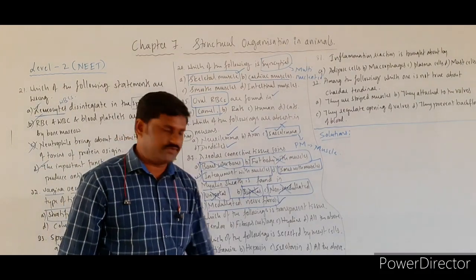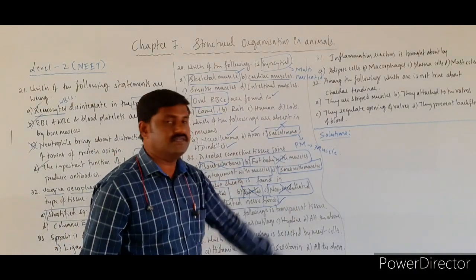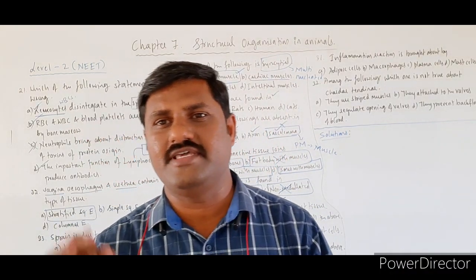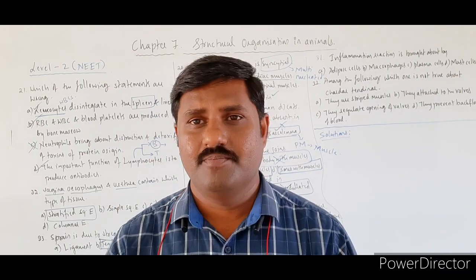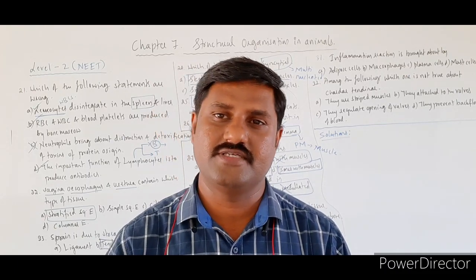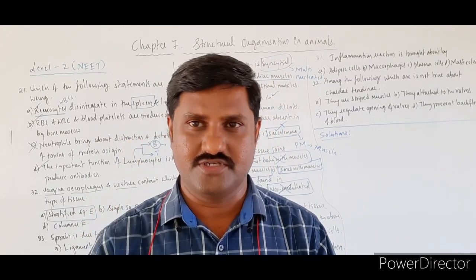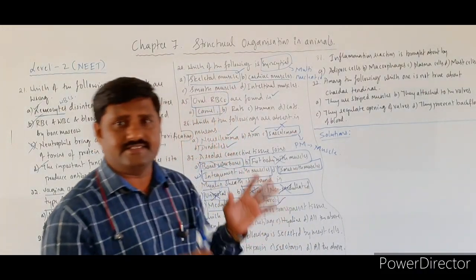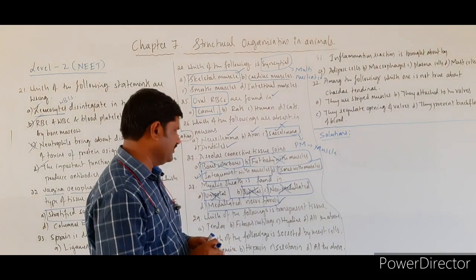Okay, then next question, 29th question. Which of the following is a transparent tissue? Already I have told you many times, hyaline cartilage is the transparent tissue, which is glassy in nature. Many times I have told you it is one of the cartilaginous tissues, present in different parts of the body, like the nasal septum, for which we already solved one question. Let us go through the options and identify the correct answer.